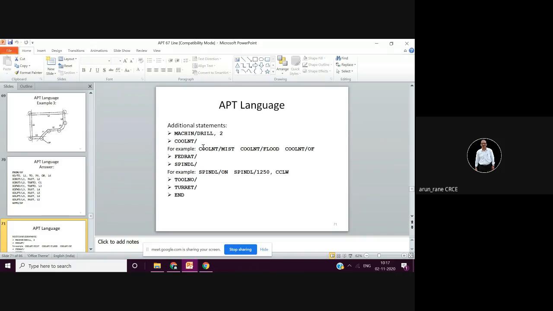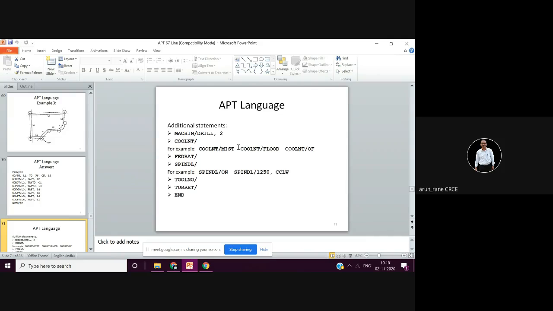For coolant, you have to select whether you are going for mist coolant, flood coolant, or whether you are switching off the coolant. You can simply say mist on or flood on, with a space. Flood means your normal soluble oil plus water.